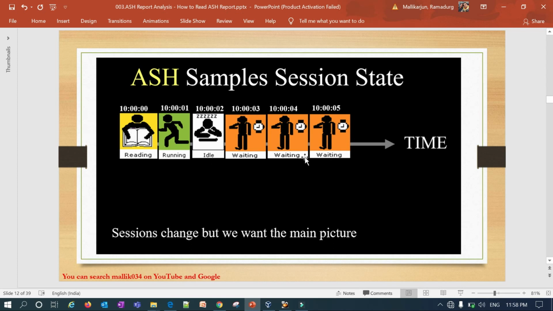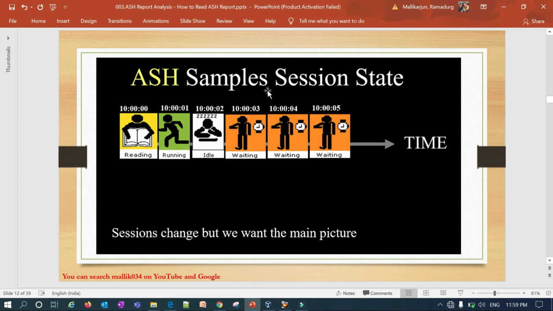Whatever the session changes, I will take a sample based upon my particular timeline, and I don't bother about the change in the state of my session. From reading to running, running to idle, idle to waiting, whatever the session changes, I don't bother.